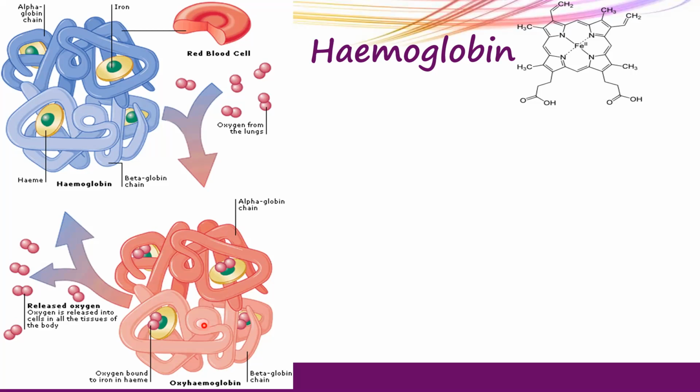Eventually, because of these further changes, it leads to the binding of the third oxygen molecule and then the fourth. This is what is known as cooperative binding. As the first one binds, it brings about a change in the molecule, and the second, third and fourth find it easier to bind. So we use the term cooperative binding for it. Let me write that here as well. We call it cooperative binding.